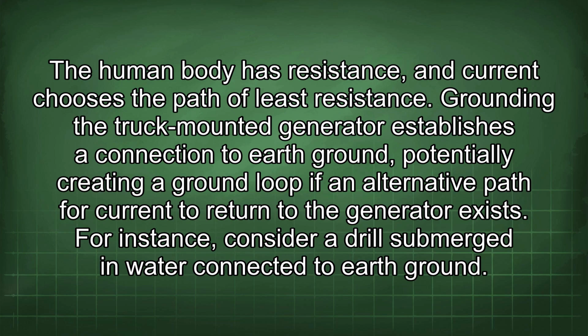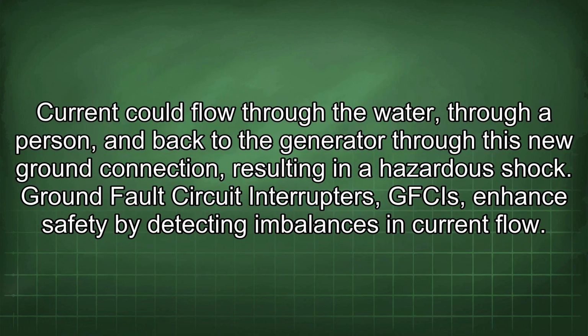Grounding the truck-mounted generator establishes a connection to earth ground, potentially creating a ground loop if an alternative path for current to return to the generator exists. For instance, consider a drill submerged in water connected to earth ground. Current could flow through the water, through a person, and back to the generator through this new ground connection, resulting